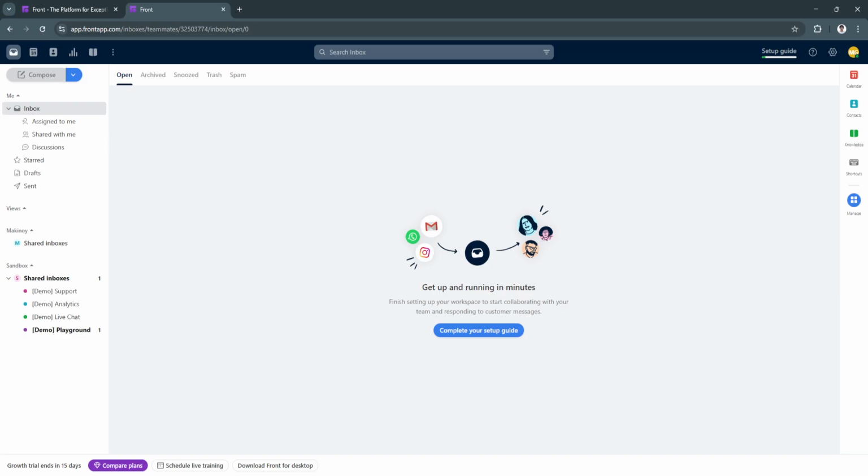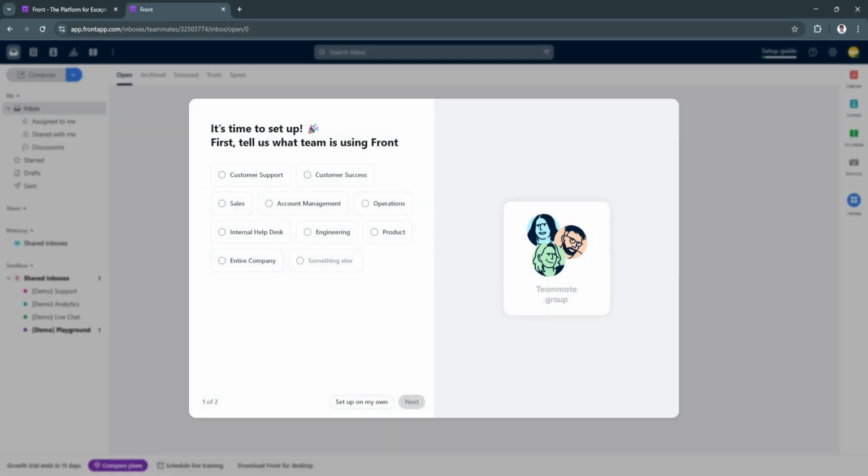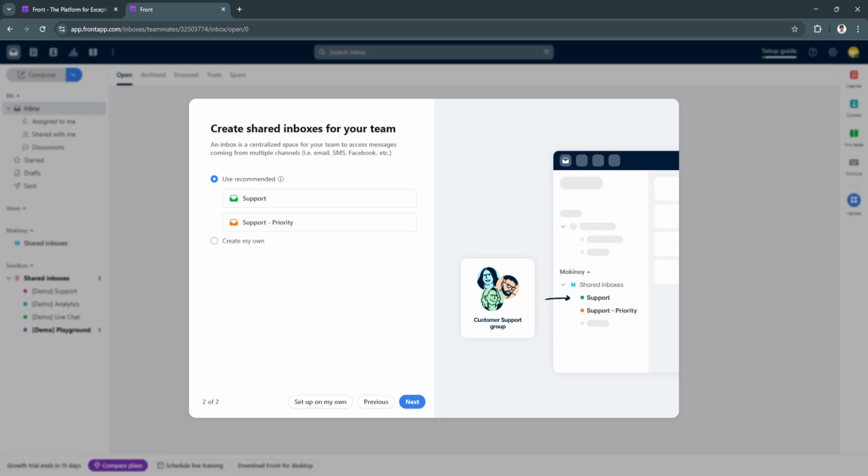To complete your setup, we have this setup guide right here. Simply click it. And from here, all you need to do is follow all of the steps, such as creating your first shared inbox, setting up the rules for your first shared inbox, understanding Front inboxes versus channels, connecting your first shared channel, and inviting your team. To do that, simply click on these one by one. So let's say customer support, create shared inboxes for your team. Next,